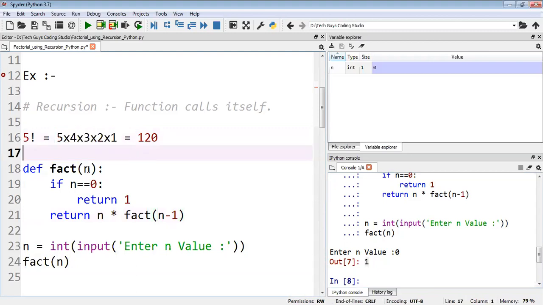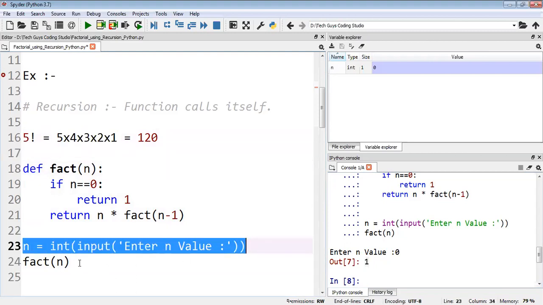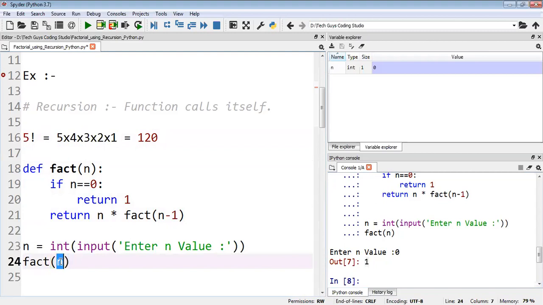So that means here we have taken 5 into 4 into 3 into 2 into 1. See here, def fact n starting: first I take the n value, then it passes this n value here. It checks this condition, then returns 5 times fact of n minus 1, that means 4.